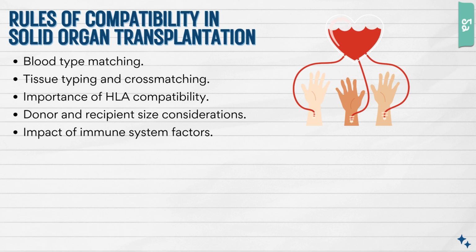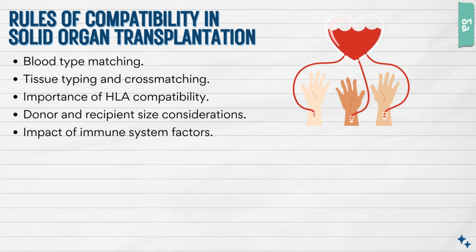So the compatibility is one of the biggest things that we need to make sure of for a successful solid organ transplantation. And that's going to ensure that the donor organ is a good match for the recipient to minimize the risk of rejection. The first step is the compatibility assessment and blood typing, okay? So that follows the ABO blood group system, similar to blood transfusions. The next thing is going to be tissue typing, which involves human leukocyte antigen, which is HLA. Okay, we're going to do matching to make sure that they are compatible there.